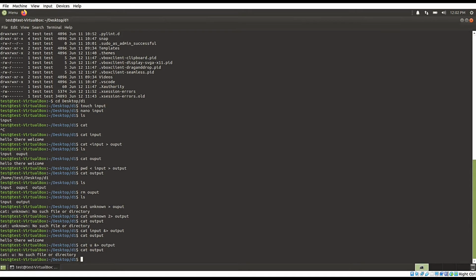So the conclusion is this. The 1 followed by the redirection symbol is the file descriptor symbol for the standard output, and if we use 0 and then this, it stands for the standard input file descriptor. If we use 2 and then the redirect symbol, it stands for the file descriptor of standard error, and then the ampersand and then the symbol stands for both standard output and standard error redirection.